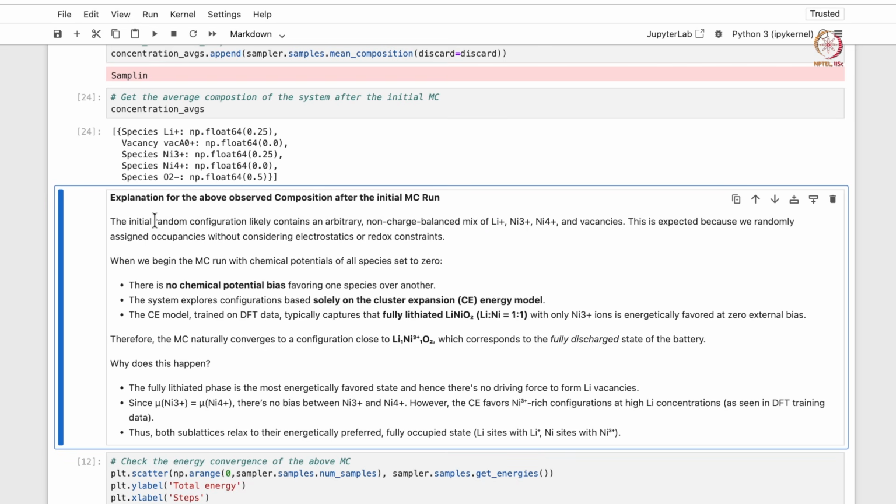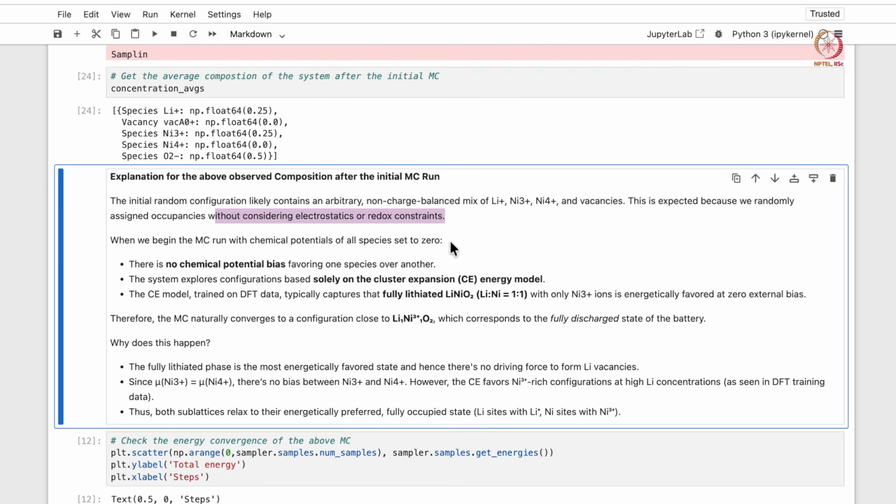So the random configuration likely contains an arbitrary, non-charge-balanced mix of Li+, Ni3+, Ni4+ and vacancies. We randomly assigned occupancies without considering the electrostatic or redox constraints. There is no bias for any species.